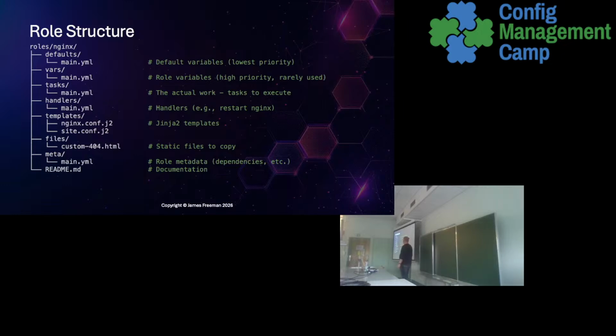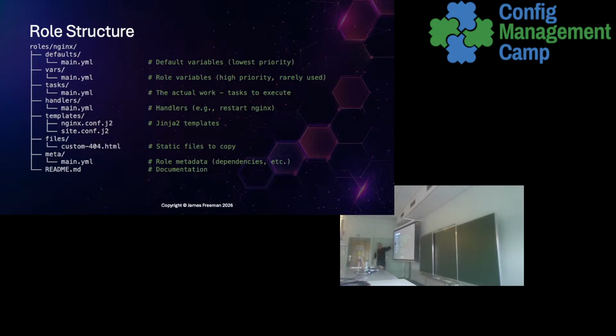So basically, as I say, it's very simple. You can have a README in it, you should really, because that way you'll remember and know how to operate the role. But what you have here, I'll come this side of the slide so we can see. The role name is actually the directory name of the role. It's no more complicated than that. Default variables go in defaults. Variables at a higher order of precedence, we'll come to that in a minute, go in vars.